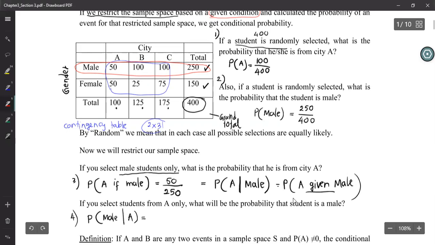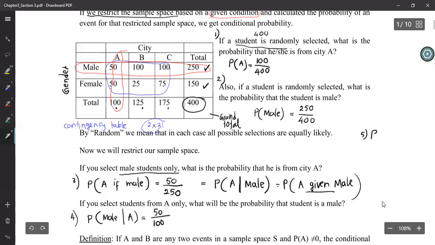Now what is our restricted sample? You look at city A only. So those students who came from city B and C, we don't care about them. They were thrown away. We restrict our sample to A only. So how many are there? Only 100. Out of them in A there are 50 from the males. Okay, is this clear to all of you? I guess this is okay. Shall we try another one, the fifth one?